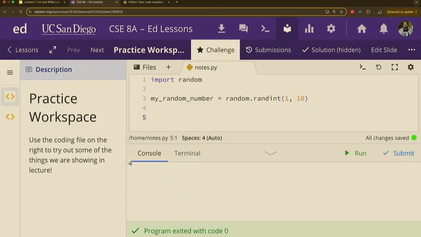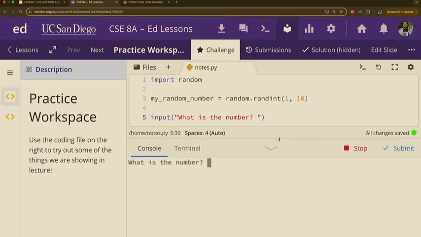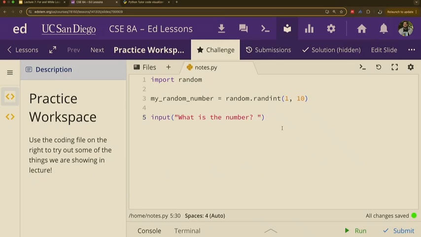Asking people. I have to ask: what is the number that I'm thinking of? Okay? So, right now, let's ask. What is the number? What's going to happen here? You ask the user. I ask the user what is the number. Then I can say like 7. And nothing happens, because we don't do anything with it yet. Seems fair, right? Okay.